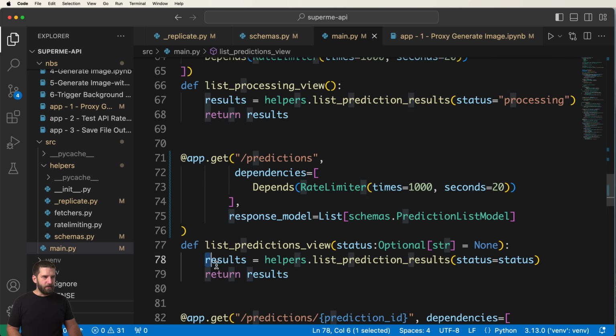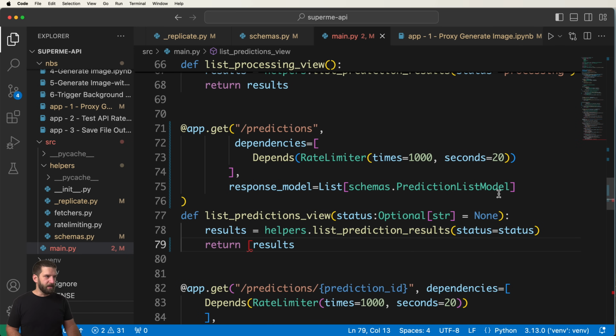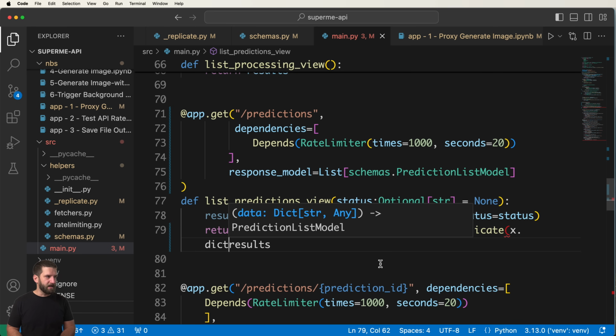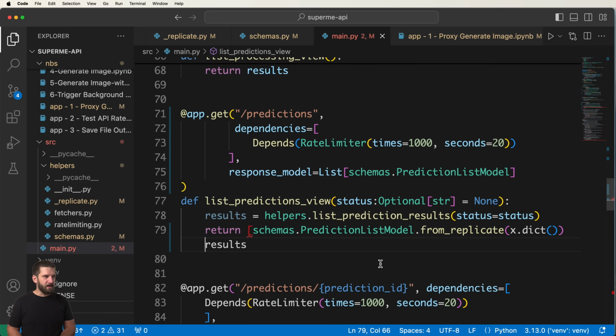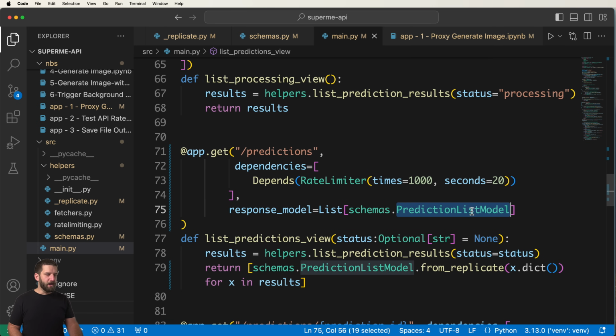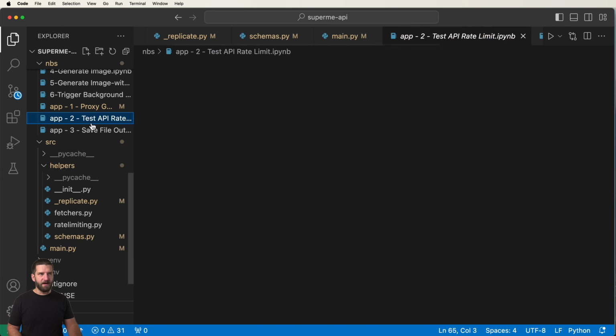Great. So how do we actually do these results then? Well, it's just like what you might expect. It's going to be the schemas prediction model from replicate, and then the result itself. So I'm just going to do x.dict, and then close that off, and then for x in results, and iterating through just like that. Straightforward, but something that I think can be really effective when it comes to using these items. So before I actually bring it into the processing, let's just go ahead and verify that this is working